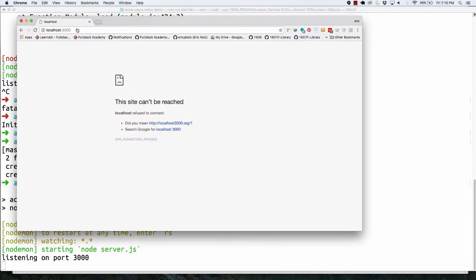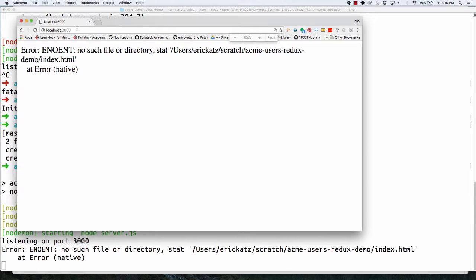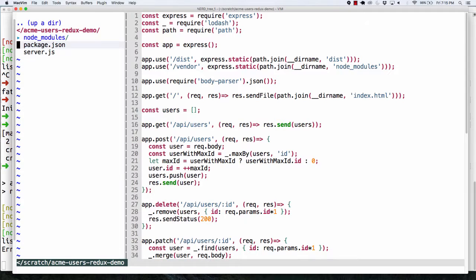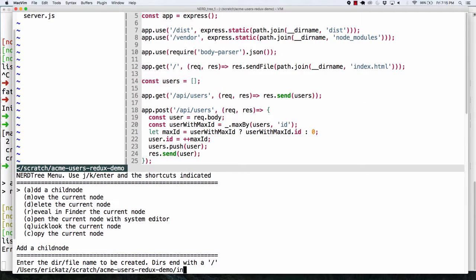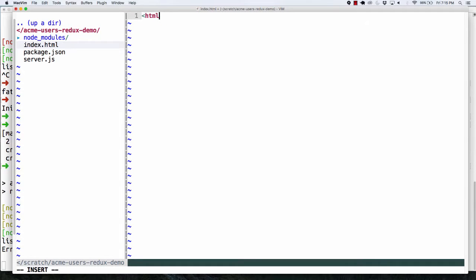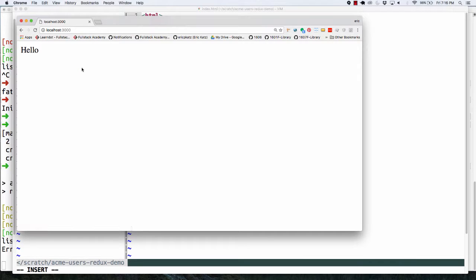So if I go over here, I'll realize that I can't find my file. So let's set that up. And then we'll talk about setting up Webpack, because this is a pretty easy step. This is going to be index.html. We're going to have an HTML tag, a closing HTML tag, a head tag, a closing head tag. We're going to have a body tag, another body tag. And just to see that this is working, we could go over here, and that error should end up going